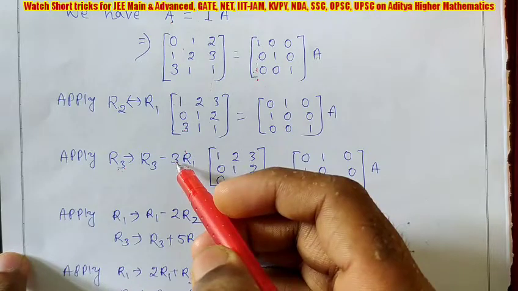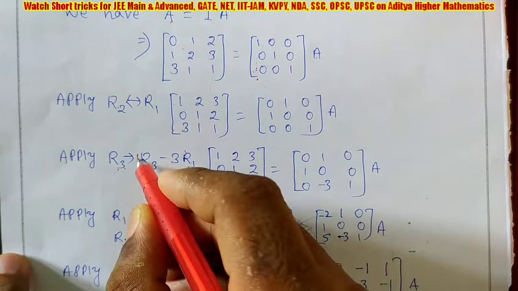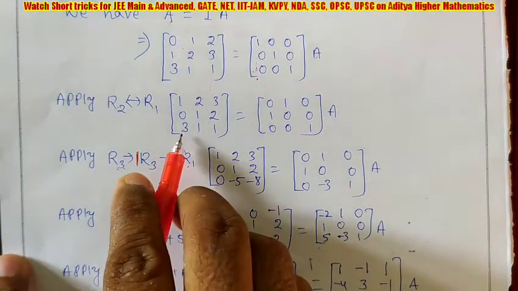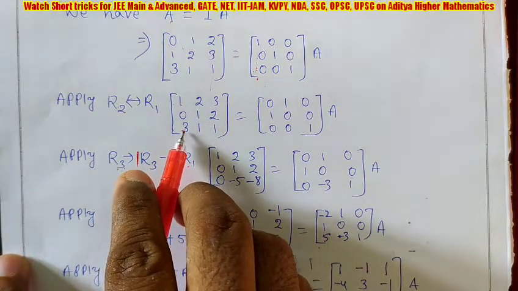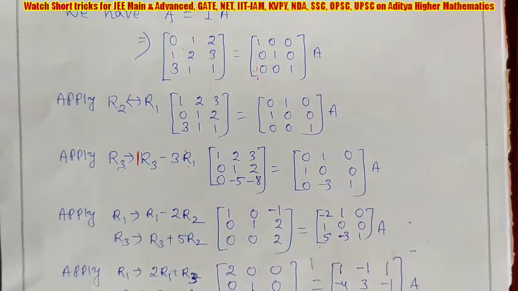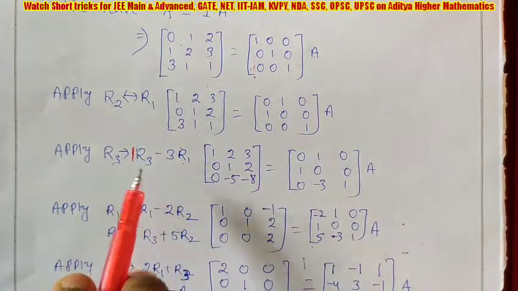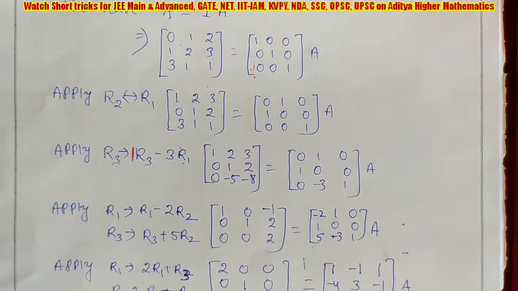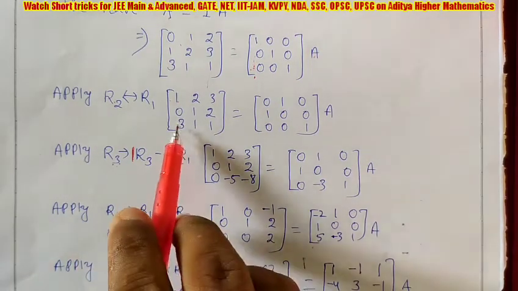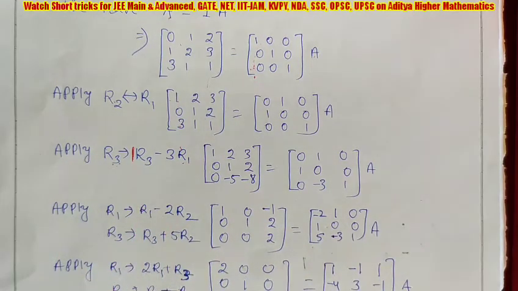That means reverse cases we are doing. R1 element is 1, so we are taking it in R3 coefficient. It is 1, nothing else is there. And what is the R3 element? 3, we have to take in R1. So R1 element we are taking in R3, and R3 element we are taking in R1 coefficients. Now again I am telling, what is positive and negative sign given, we are not taking. You have to take only the numbers. For example, if minus 3 is given, then no need to take minus 3, you have to take only 3. And after that we will see about sign.